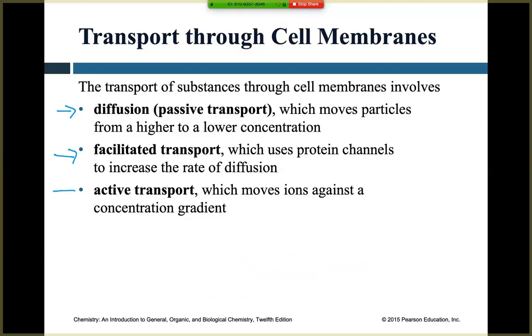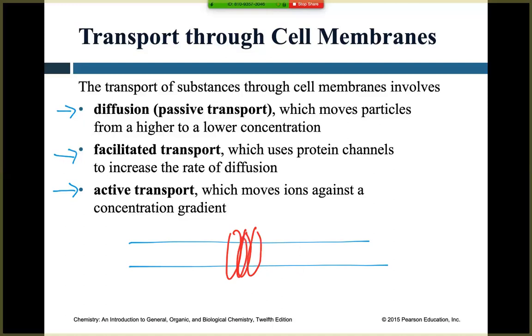And then the last bit is going to be active transport. Active transport is very similar to facilitated transport. So again, we'll have our bilayer. There'll be a cross section of a bunch of proteins making a pore or a hole. The difference, though, is ATP is used to pump either out or in different ions or different molecules. So basically, when things are passively diffusing, if we're looking up here at diffusion,